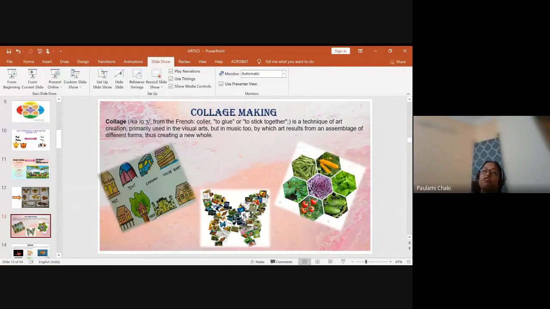Or if I am doing vegetables or different flowers, ask them to show it in the form of a flower. Okay, so that will enhance their creativity somewhere. So we can do this. Even for higher grades, collage making we always do, like in acids, bases, and salts. Actually, that is one of my favorite topics.